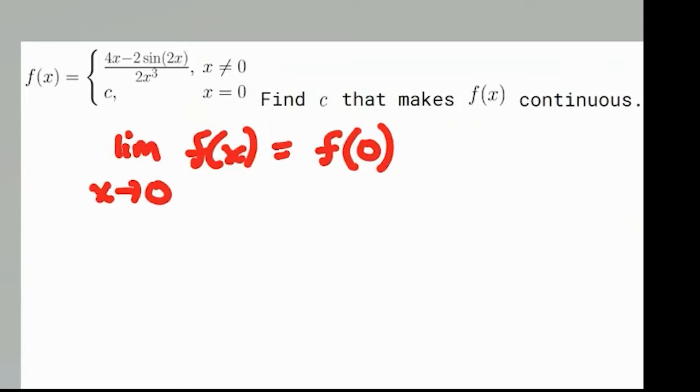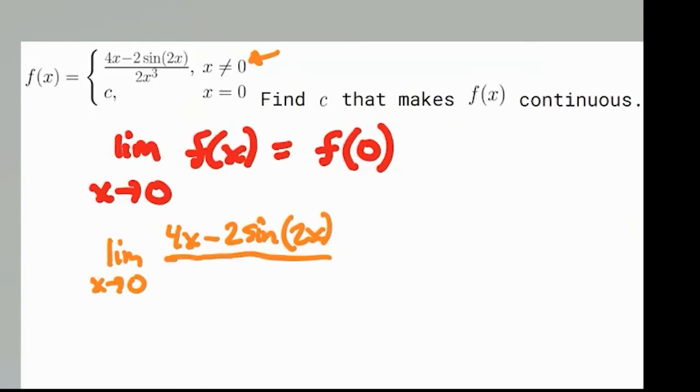First thing I'm going to do is, for f of x, where x is approaching 0, you would have to use the top piece here, because if you notice it says x is not equal to 0, and that's fine because we're just approaching 0. So I'm going to rewrite this here. So it's the limit as x approaches 0 of (4x minus 2 sine 2x) over 2x cubed is equal to,